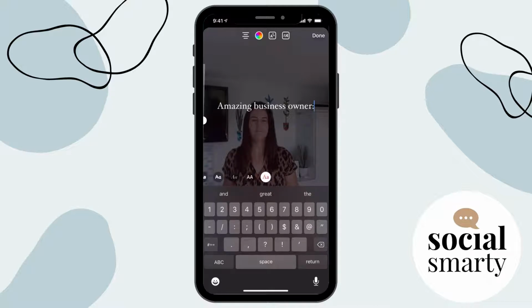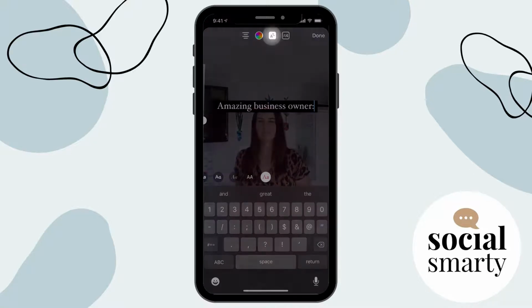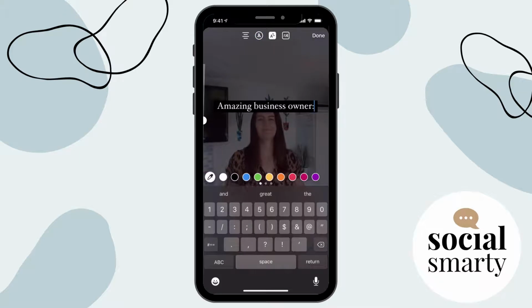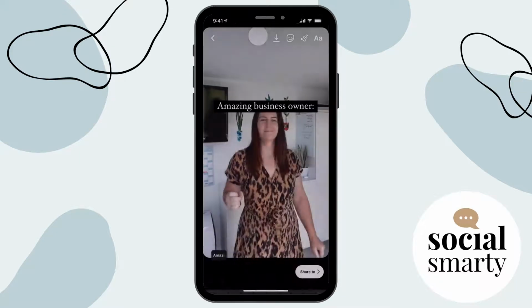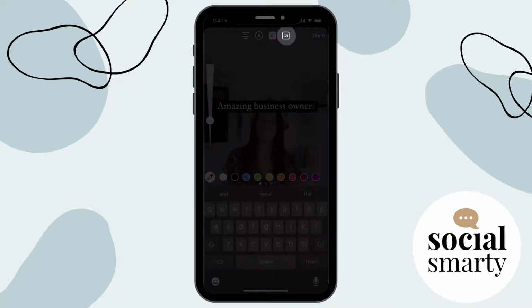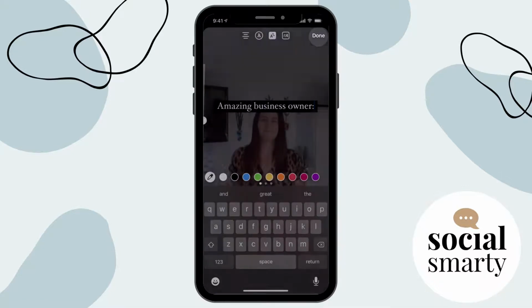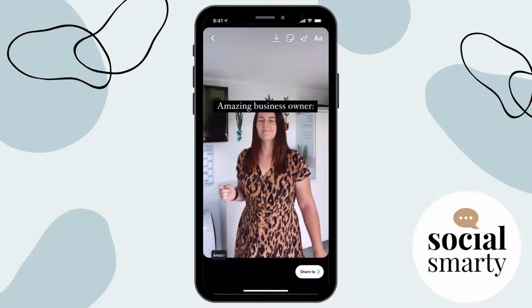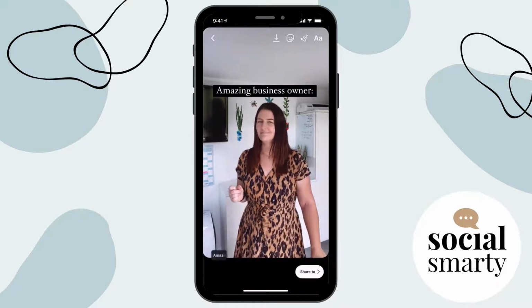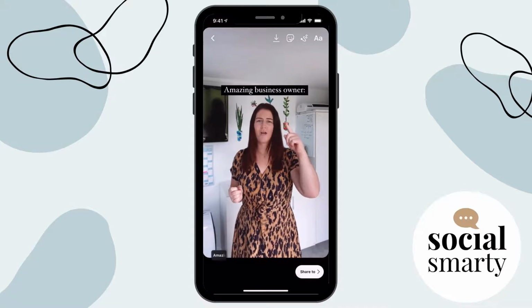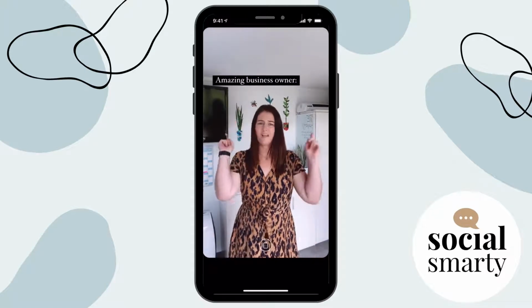And then when I'm happy with it, I might just put a little background on it. Obviously, we can change our color of our text. We have that new functionality where we can do the animated text, but I won't do that. Cool. And once I'm happy with it, I'm just going to click on done. And then I'm going to move it around. I'm going to move it a little bit higher, but remember, we don't want to do it too high. I'm going to pop it maybe there.